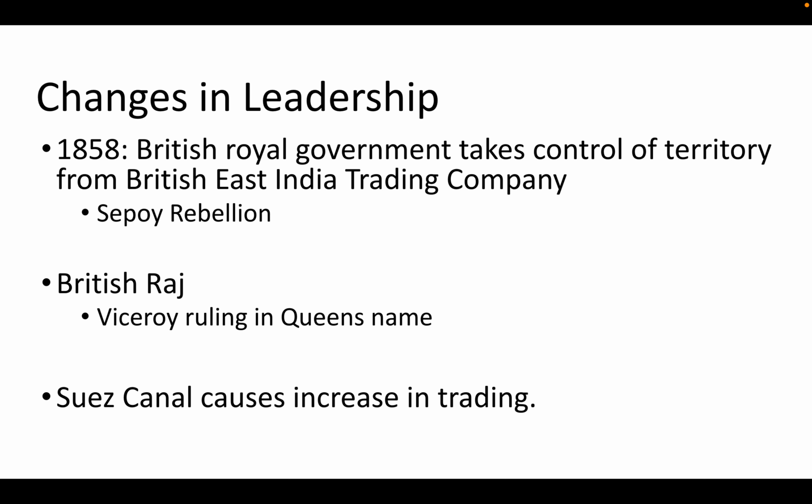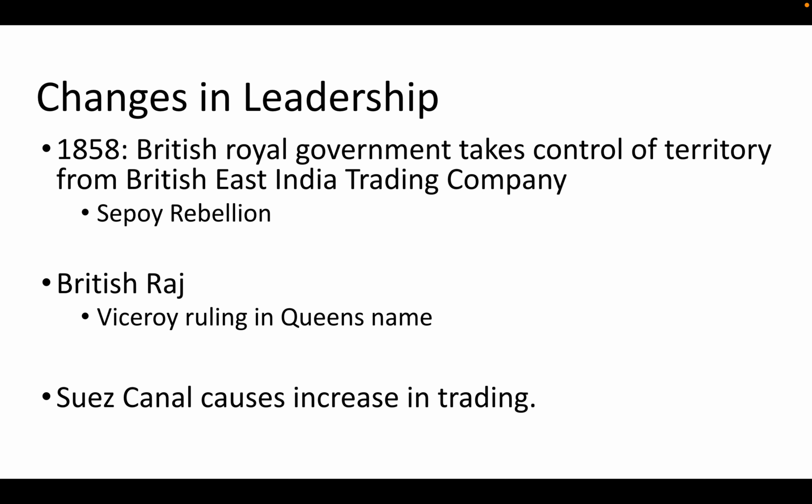In 1858, there's something called the Sepoy Rebellion, which we're going to talk about in a few slides. But essentially what this does is it forces the British in 1858 to remove the British East India Trading Company, and the British government takes control of India. And they rule directly, right, with the British Raj, who was a viceroy, essentially a representative of the Queen. At the time, the Queen was Queen Victoria. Most places the British actually rule indirectly. In India, after the British East India Company and the Sepoy Rebellion, the British take on a direct rule, which is different than how they've treated other